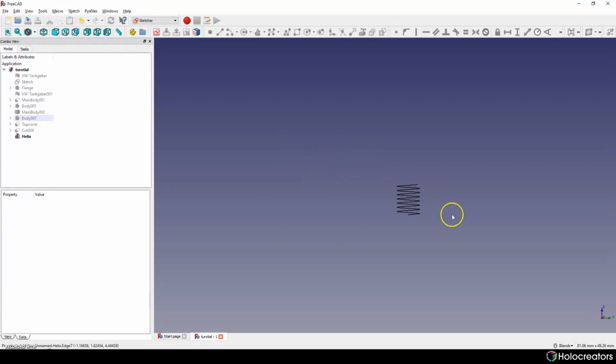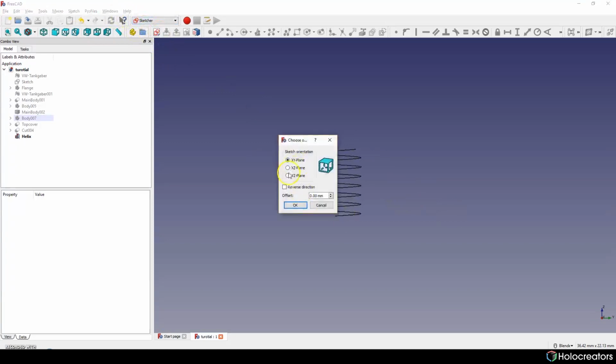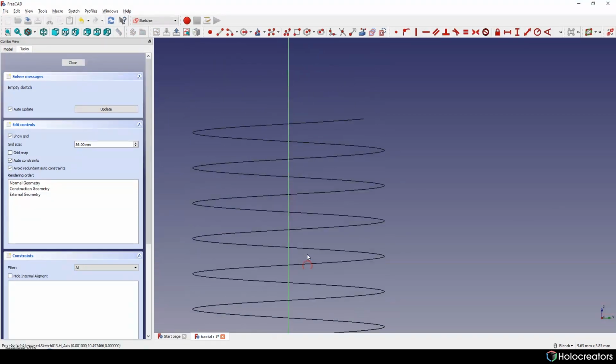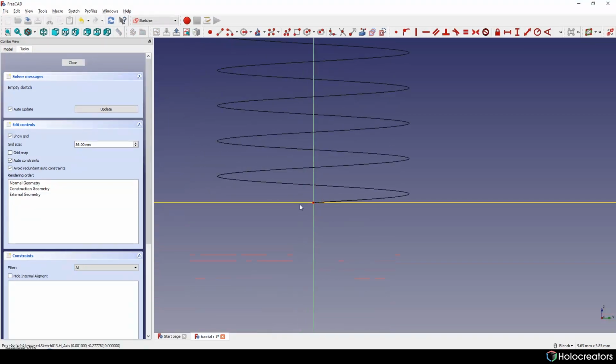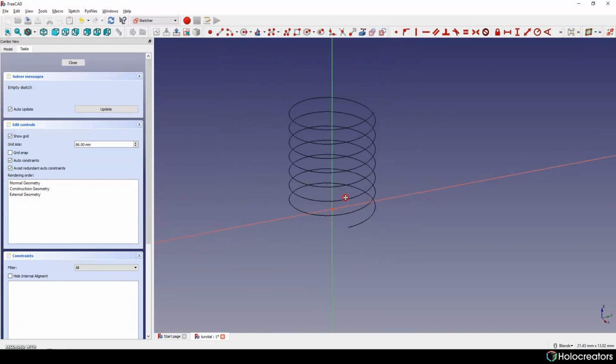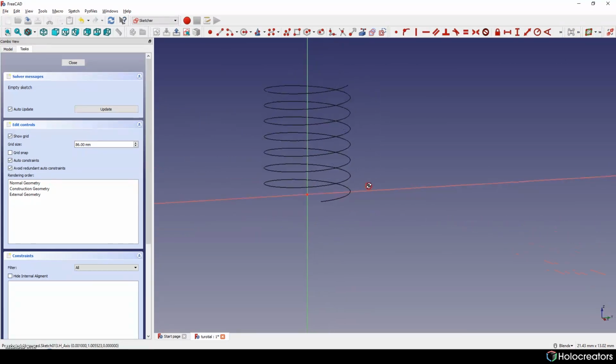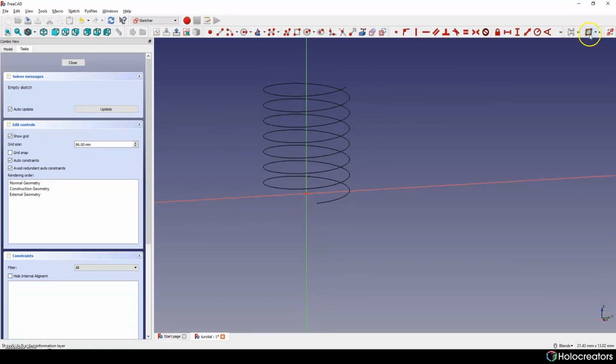We're gonna use ZY axis. And all we need to do is just to draw a triangle. So we can find basic shapes.